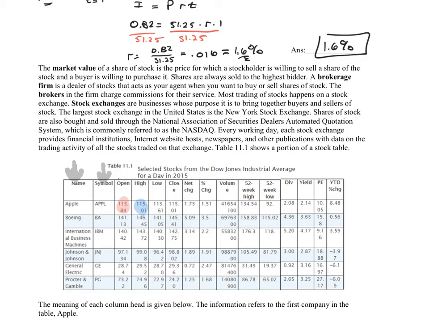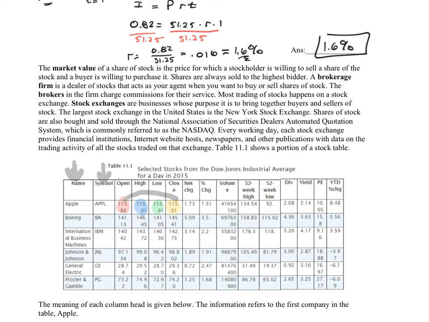Again, it always goes to the highest bidder. So the highest someone offered for the stock was $115.01. The lowest someone offered for the stock was $113.61. And then at the close, what happened at the last sell of the day? The last sell of the day was for $115.01. So if you compare that open to that close right there, it looks like